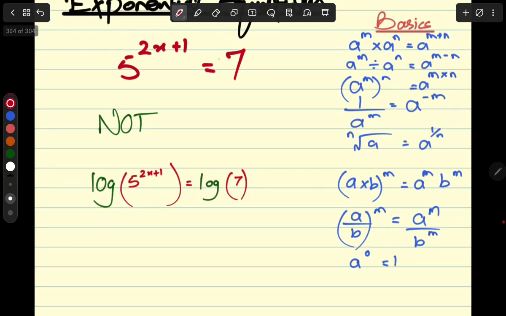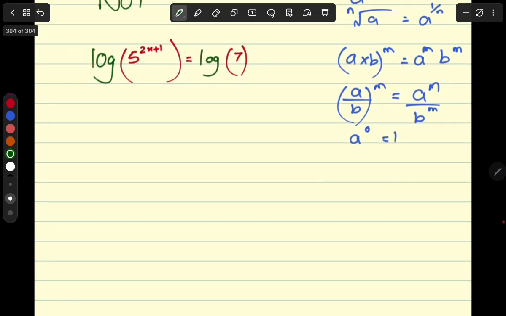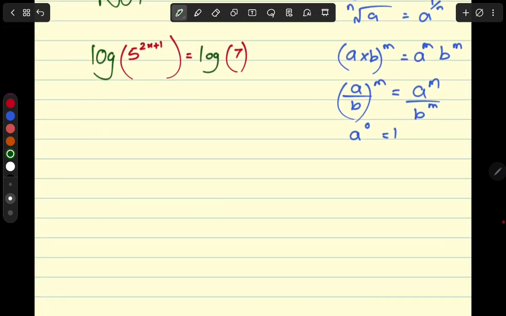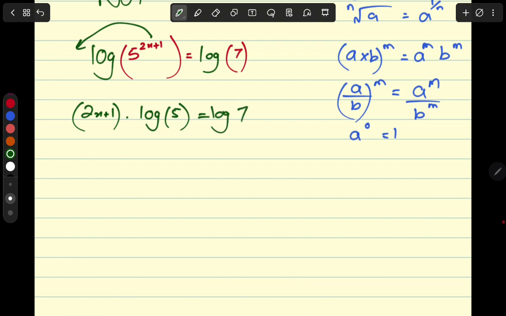So basically I introduce log on both sides, right? Now we apply the power rule from our previous lecture, the exponent now comes in front. So this becomes (2x plus 1) times log of 5 equals log of 7. Now we can divide both sides by log of 5. So this becomes